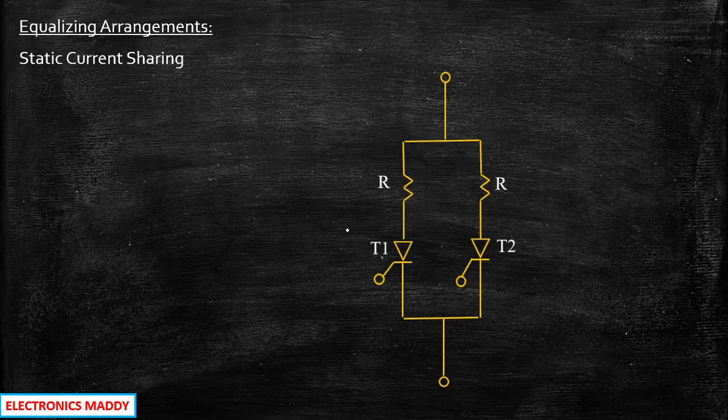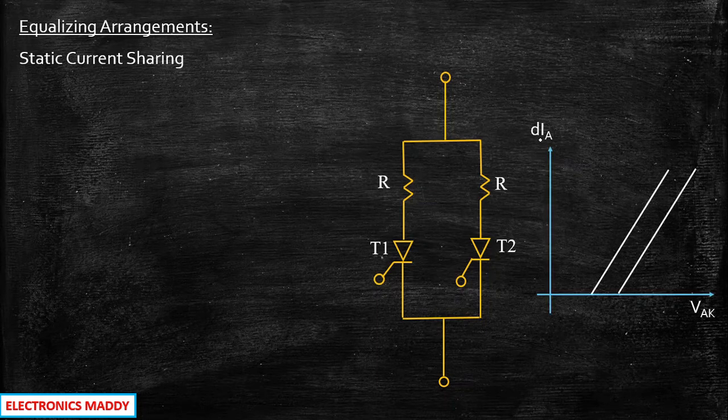So what is that problem? Let us say again we have two thyristors T1 and T2. For now, let us ignore the resistor R. Let us say a plot of change of anode current with respect to anode to cathode voltage. Whenever you are manufacturing two devices in electronics, there is very little chance that they will have the same characteristics. There will definitely be some minute variations between them. Let us say this is T1, this is T2. If you carefully observe, there will be some deviation with respect to the change in current.